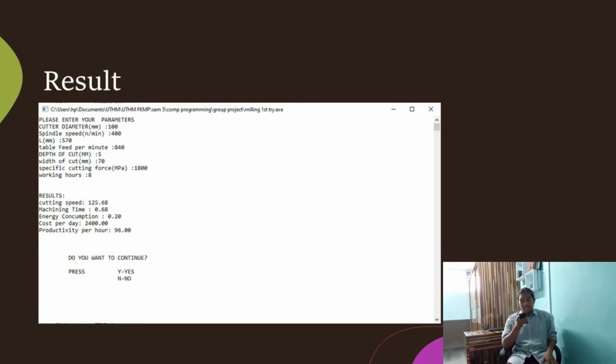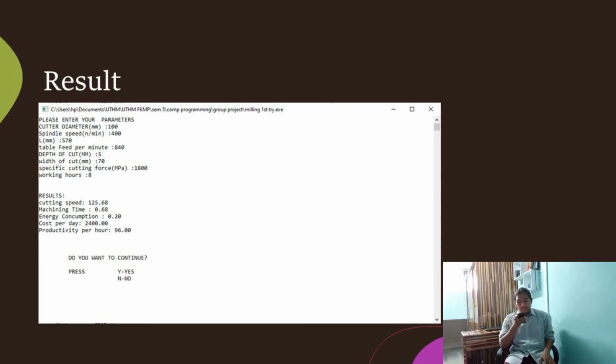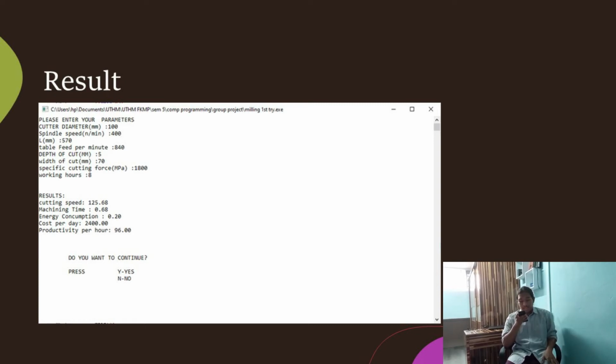And then for calculation and result, first we need to input the parameters: the cutter diameter, spindle speed, the length, table feed per minute, depth of cut, width of cut, specific cutting force, and working hours. And then it will calculate the cutting speed, machining time, energy consumption, cost per day, and productivity per day.